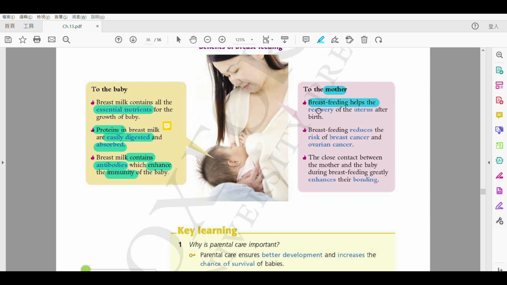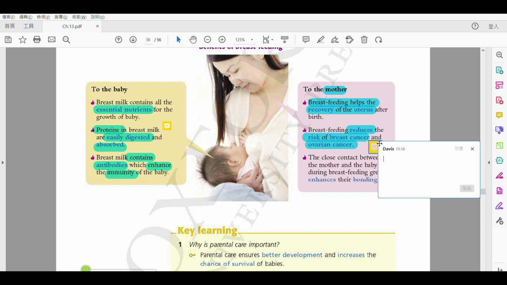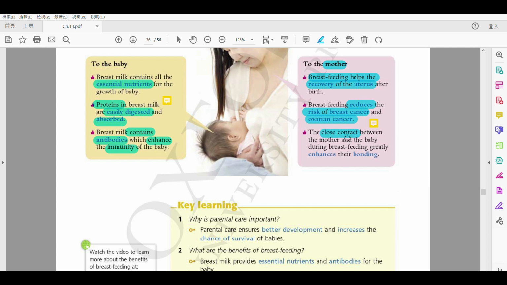Alright, and then the last part 就係 to the mother 啦，咁有啲咩用啊？So somehow breastfeeding 係會 help the recovery of your uterus 嘅，OK？And then 亦都另外一樣嘢啦，breastfeeding 係會 reduce 咗減少咗呢一個 risk of breast cancer 啦，同埋 ovarian cancer。所以其實 breast cancer 當然就會係乳癌啦，ovarian。So what is ovarian? What is it related to? 當然就會係同呢個 ovary 相關啦，即係卵巢癌啦。Alright？And then the last part, the close contact 啦，between 呢一個 mother and the baby 啦，is also a type of 一個嘅 parental care 嚟噶嘛，係咪啊？所以就可以 enhance 咗佢哋嘅 bonding 啦，bonding 即係佢哋嗰個關係啦。